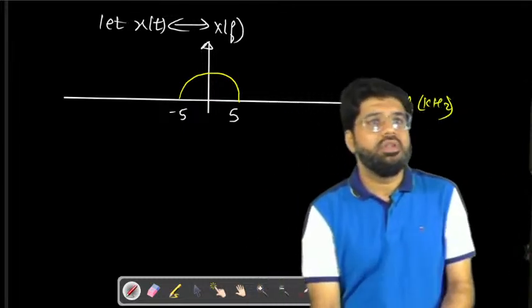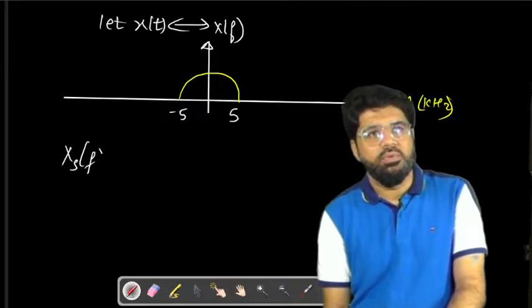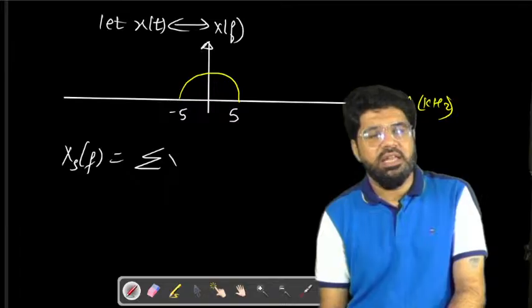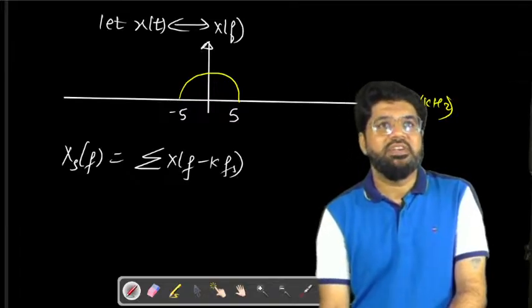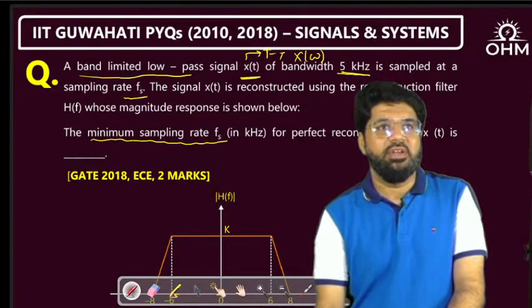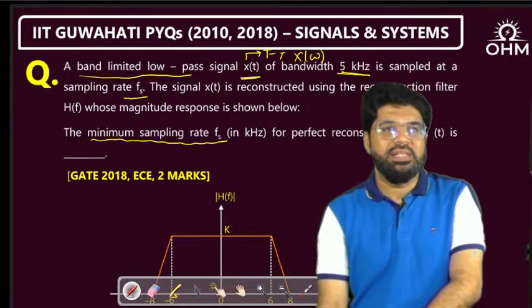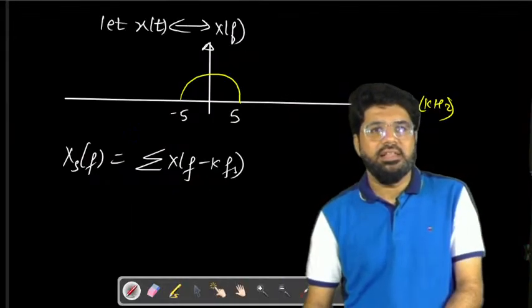But what is the Fourier transform of the sampled signal? Just now I told you, writing in the f domain only, Xs(f) is given by summation X of f minus k fs, where fs is the sampling frequency. That is what we need to find. What is the sampling frequency? What is the minimum sampling frequency? Okay, so considering this,